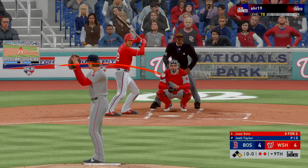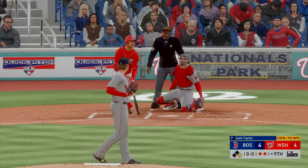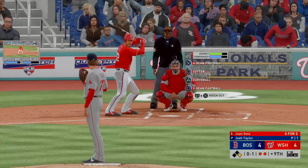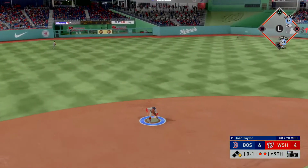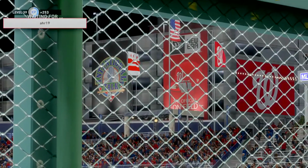Josh Taylor takes the ball, needing to get the final out of the ninth to send this one to extra innings. Skied down the left field line. And that will end up a foul ball. Hit hard to short. And as it turns out, the 2-out walk doesn't come around to haunt him as that ends the...